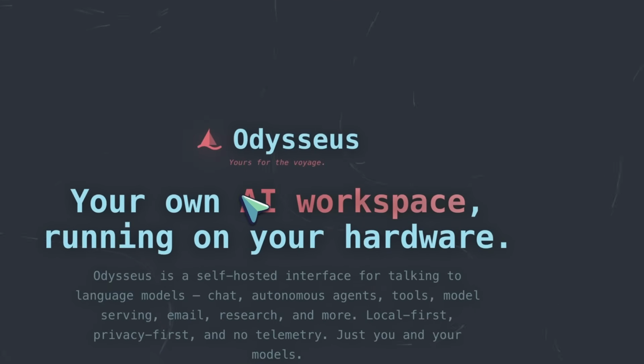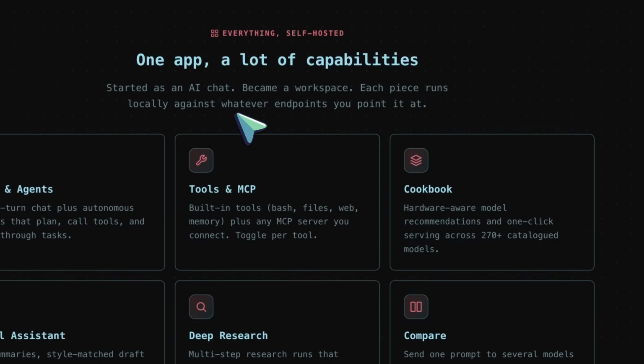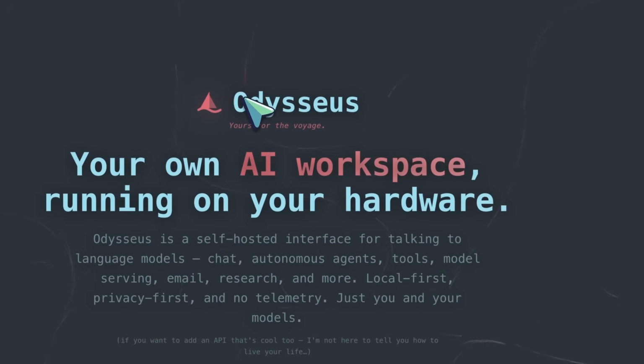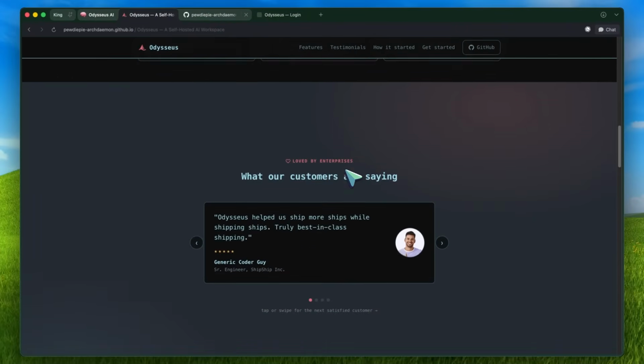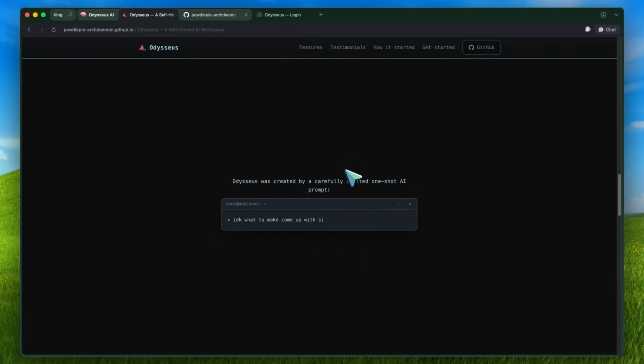So, PewDiePie. Yes, the YouTuber PewDiePie has launched an AI tool called Odysseyus. He calls it an AI workspace. This is almost like a super app, as AI people call it. It is something that you should self-host, and you get options to chat with the models and use agents that